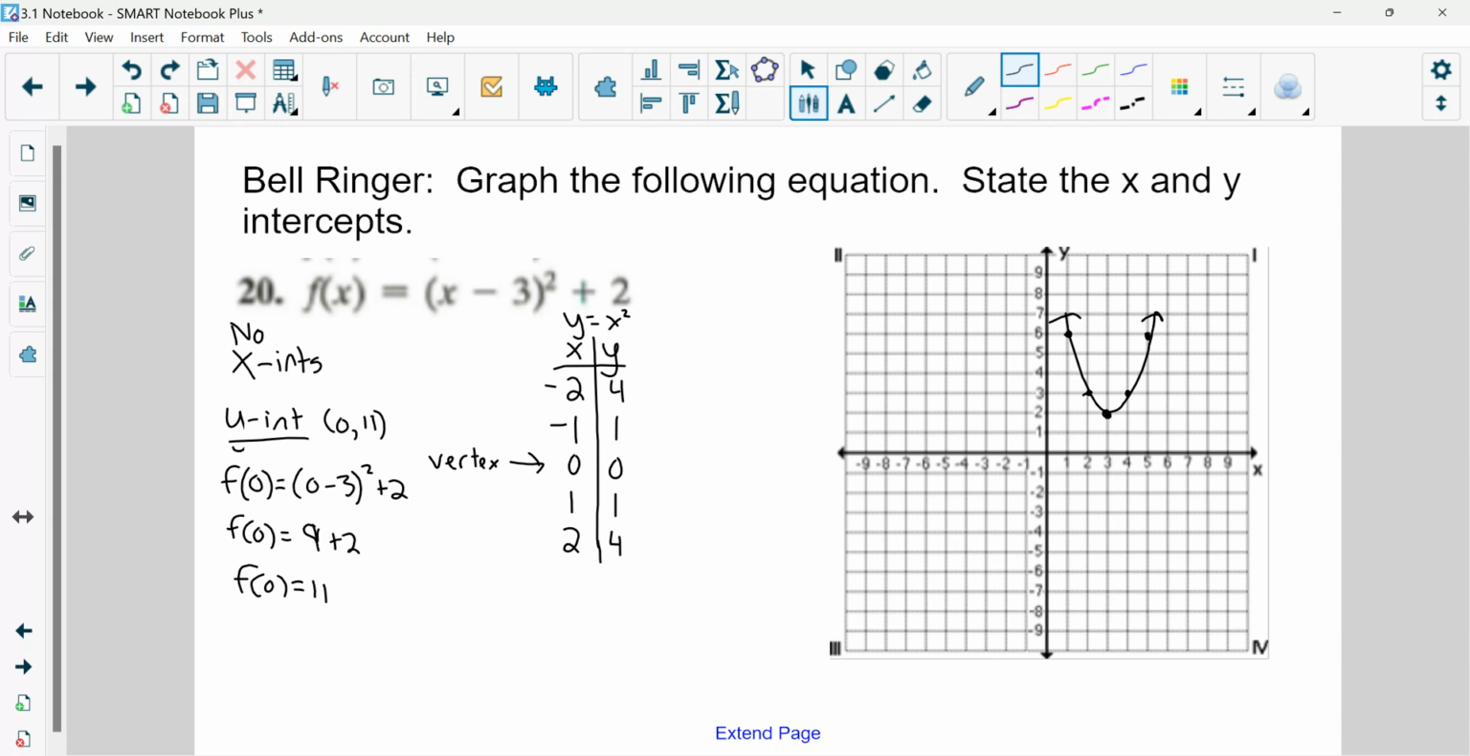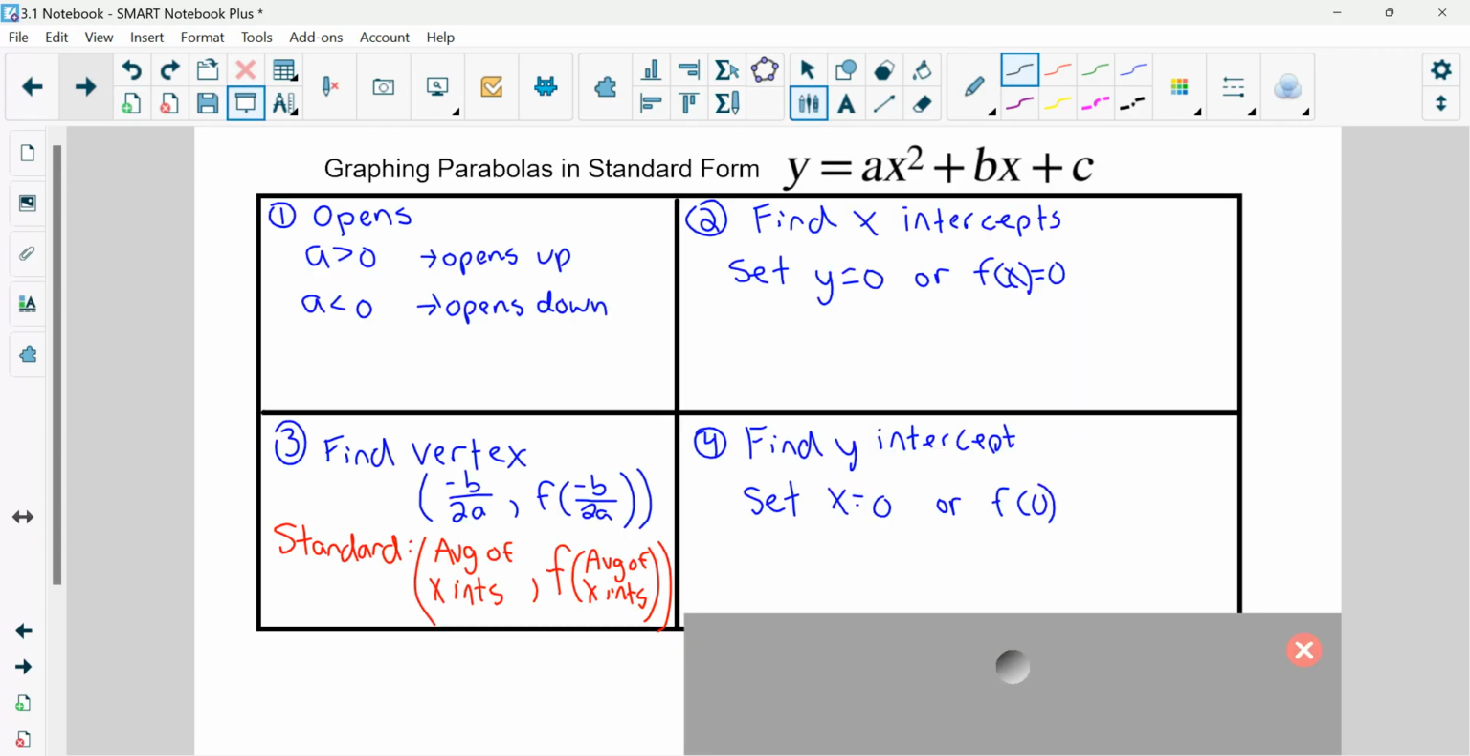All right, so that's what we did yesterday. Today, what we're going to look at is if you have an equation in standard form, how would we be able to graph that in standard form? So to do that,